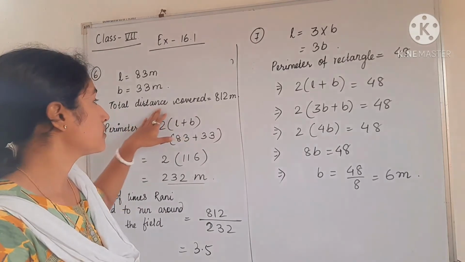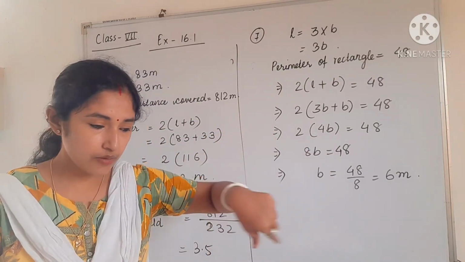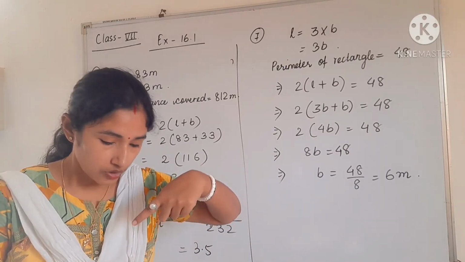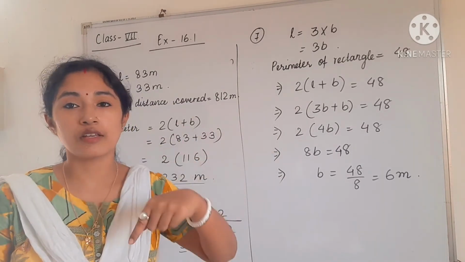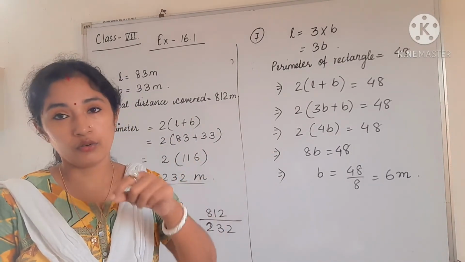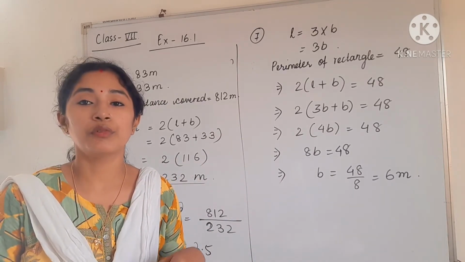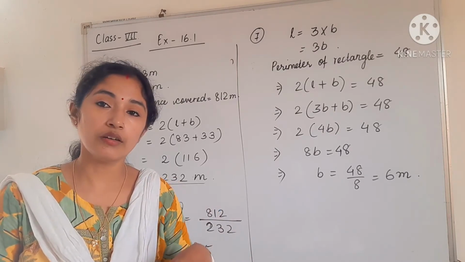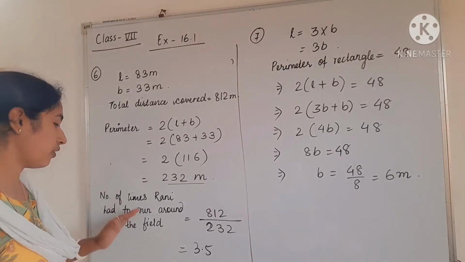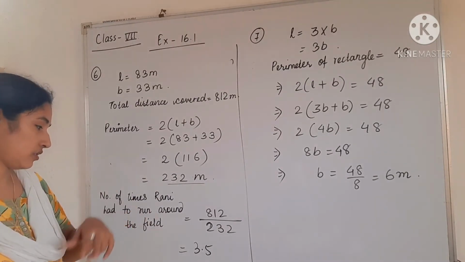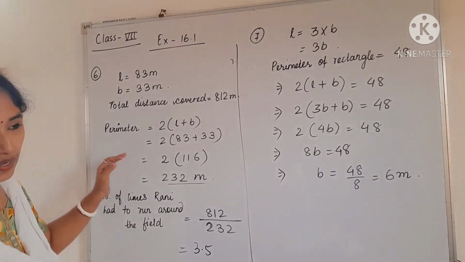Okay, so that means this is the total distance covered, this is given, but how many times is she turning? That means after one full distance again she is running again. Okay, that means how many times she has to run around the rectangular field. So that number of turns, or you can say the number of times she is running, that we have to find. Okay, so how to find this one? See,